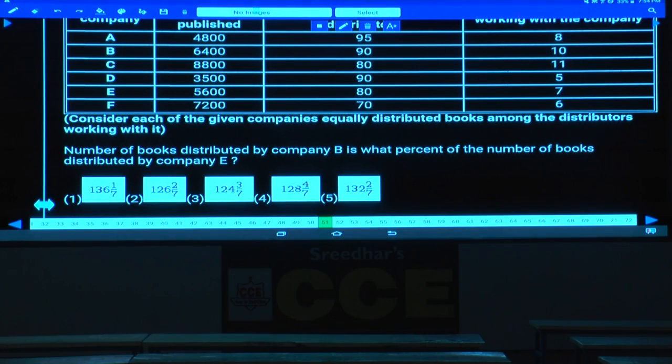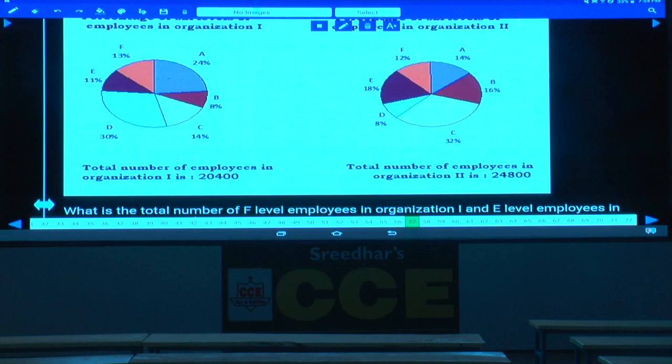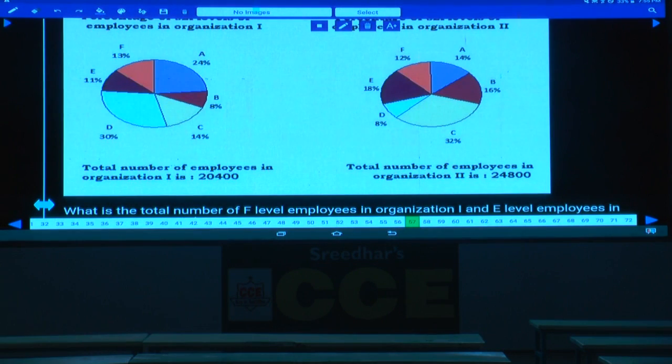51 to 56. Table, we have 6 companies, total number of published books, percentage of books distributed among number of distributors. And the next 57, pie chart with 2 images, one with total number of employees in first organization and second organization. Okay. And then 63,